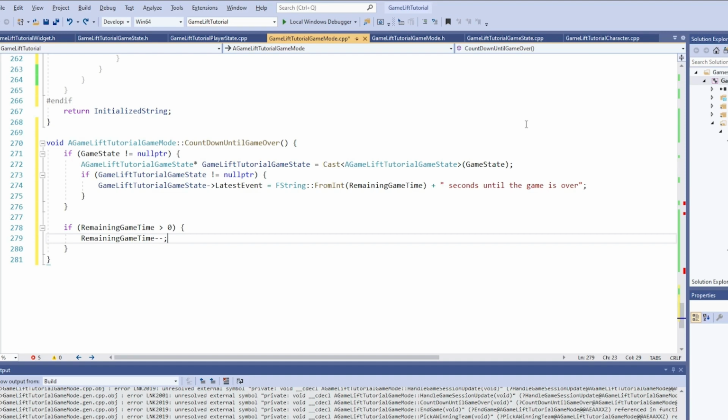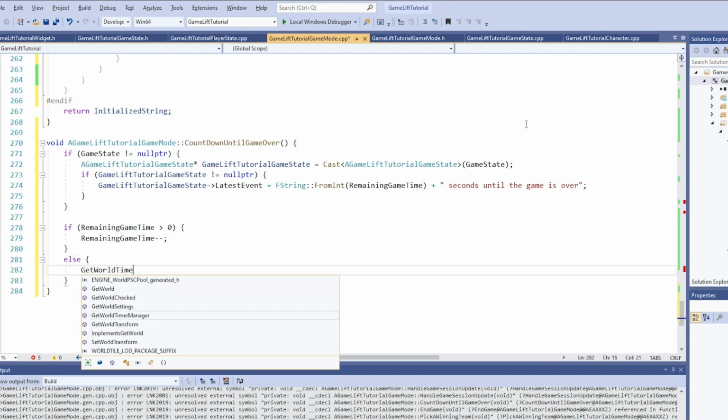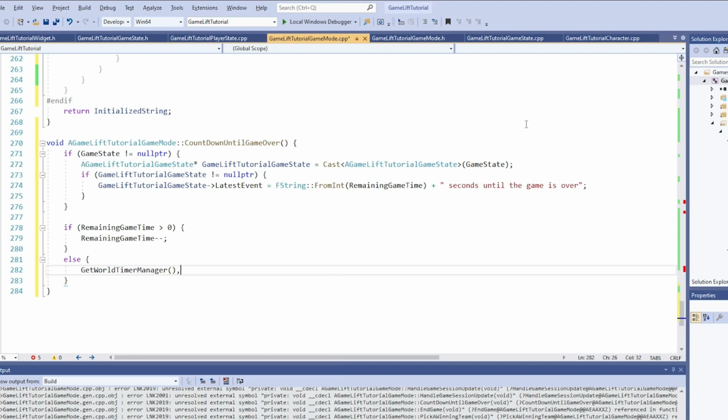Now, if the remaining game time has already reached 0, then the game should be over by then and we should be good to clear the timer handle for this function. So type else, squiggly brackets, get world timer manager parentheses dot clear timer, and then in parentheses pass in countdown until game over handle. Now moving on to the end game method, let's write down here void A game lift